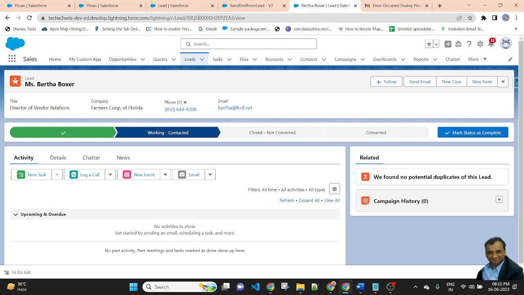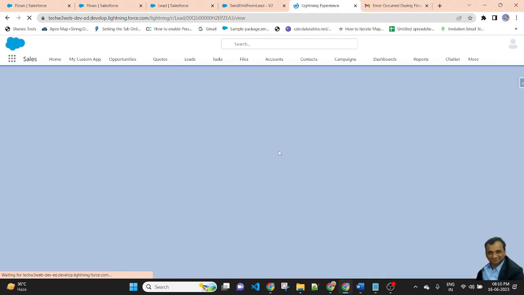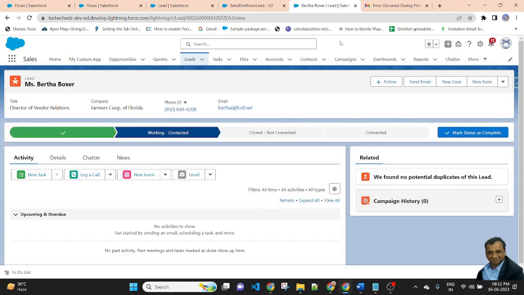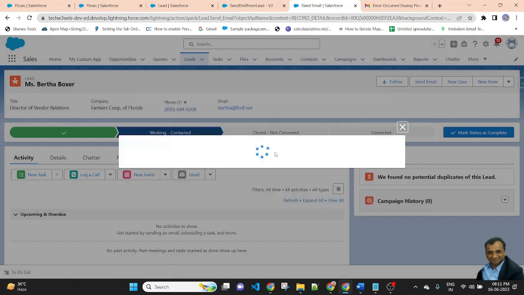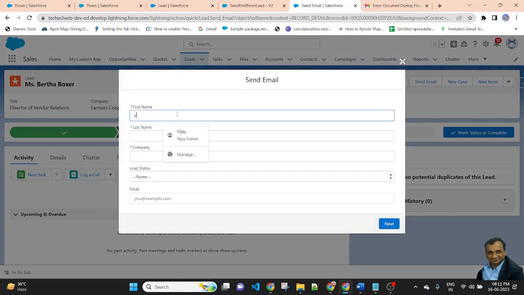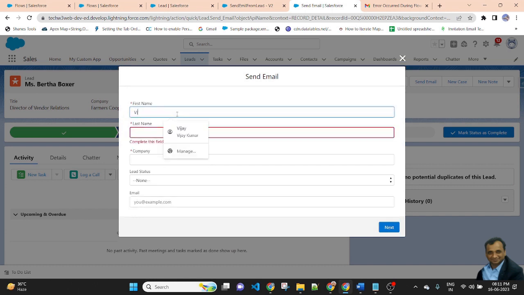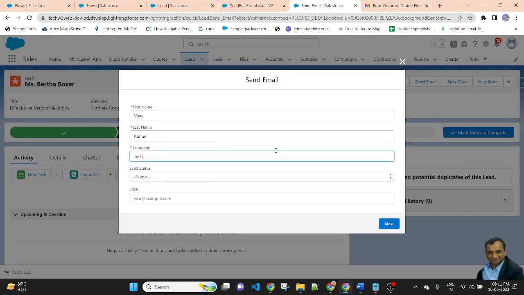Now I am creating a record once again, after saving and refreshing. Click on the button. First name Vijay, Kumar, company name W3 Wave, email ID W3wavenet@gmail.com.